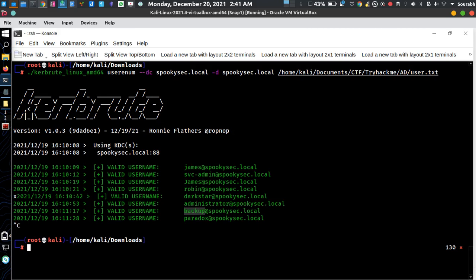In an internal network you generally find several kinds of employee information, and that is generally assigned by their particular name. James can be an employee, Robin can be an employee, and Darkstar can also be an employee, though it's an unrealistic name. Paradox can also be an employee. But smc.admin is unique, you have to acknowledge that.